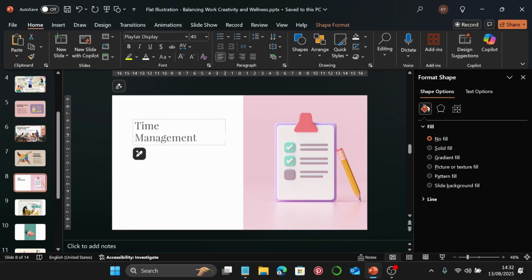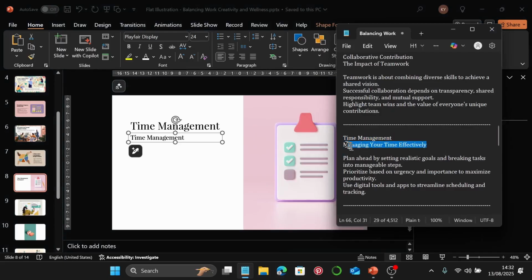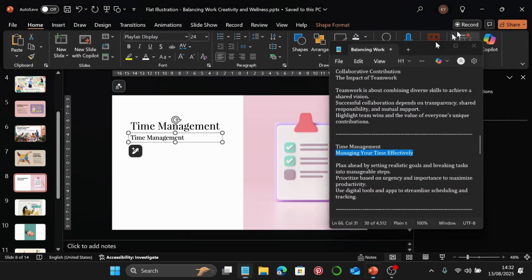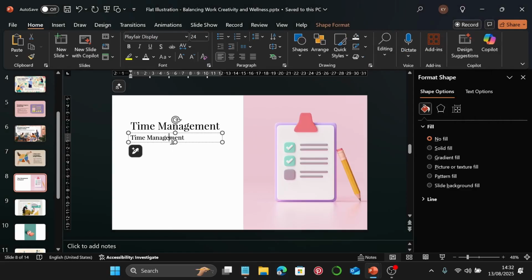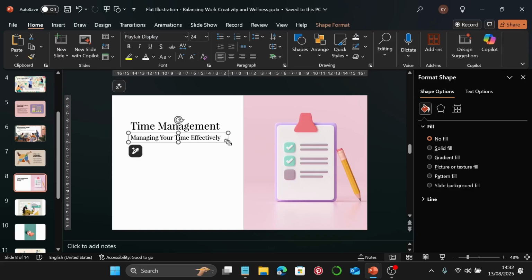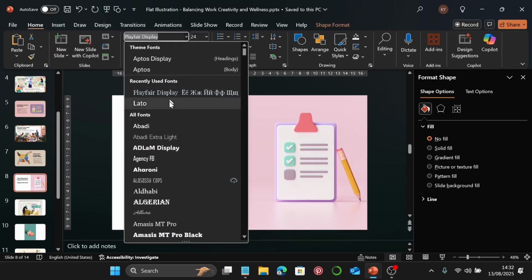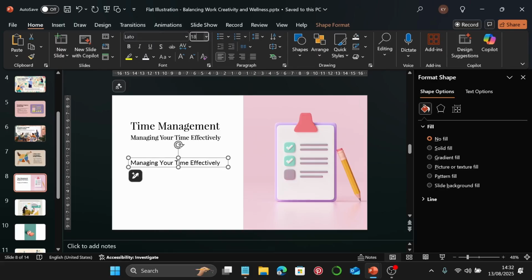Let me increase this, and I'm going to create a copy of this one, change the size to 24. Let's copy our second text and select everything, then paste. I'll just make this longer as well. Now let's create another copy of this text box and change this to Lato. Size is going to be 18,